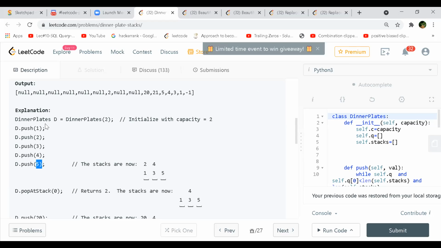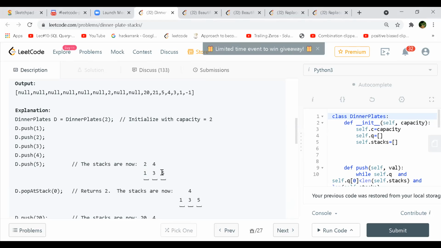So this is the DinnerPlates class. We are pushing first 1, 2, 3, 4, and then 5, right? The stacks are now like this: 1, 3, and 5. So we push 1, 2, 3, 4, 5, and the stack capacity is 2.